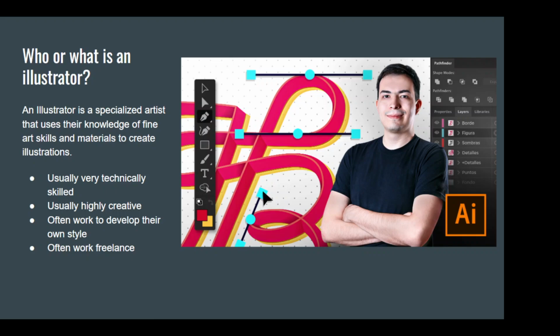One other thing that you should know about illustrators is that they typically are not employed by a single employer. They work what's called freelance. So that's kind of like being a gig artist, where they're picking up different jobs here and there. They work basically for themselves. A lot of them open up their own LLC, so it's like they are their own business. So they're kind of employed by themselves, but they work freelance for other companies. Every once in a while you will find an illustrator that's employed full-time with, say, a newspaper or a company, but typically not. That's not very common.